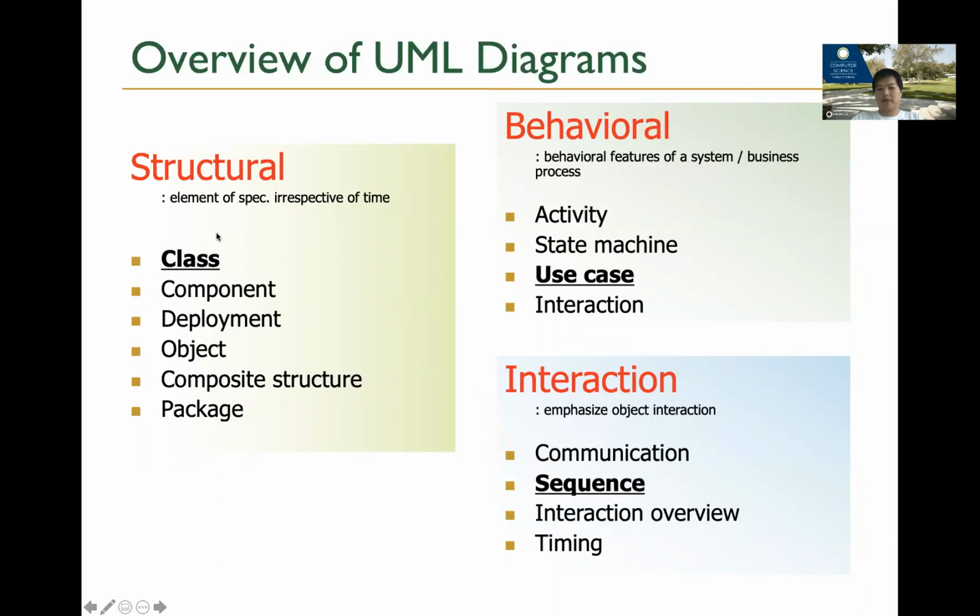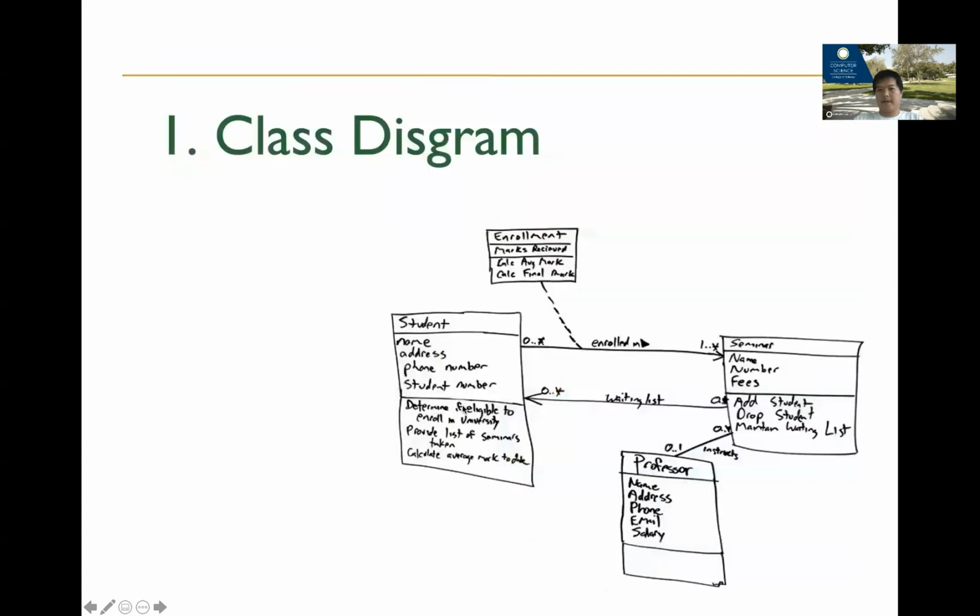The most important one, obviously, is the class diagram. That's the one you use very often. You also need to use a very simple diagram called the use case diagram. I've seen people use this one to talk about system features very often, very convenient. And there's also the sequence diagram. This is a very complicated diagram, but there will be situations where you'll see people use it. Other than these 3, I really don't see others being used a lot. Especially a lot of this stuff, rarely do people still use it.